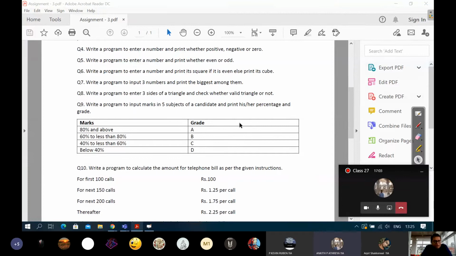Enter three sides of a triangle. The sum of the two sides should be greater than the third side. Correct, that you have to use. But any combination should be greater than the third, any two combination. So how will you frame the condition in the if header? Let's say three sides are S1, S2 and S3. Question number 8 I will not make. I'll just give you a layout.